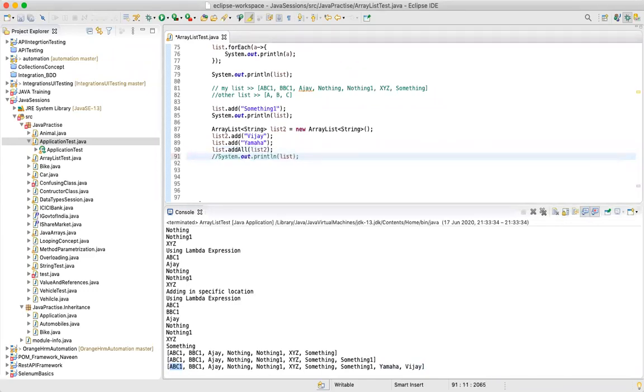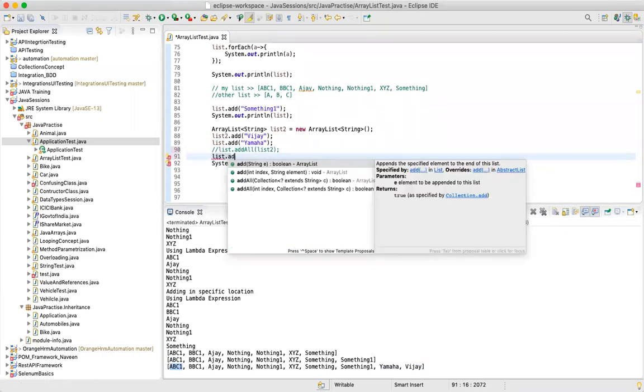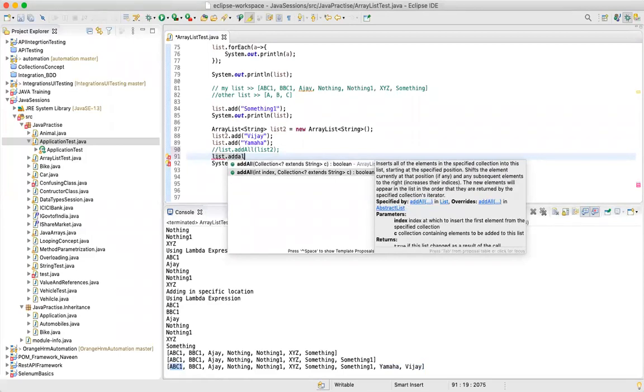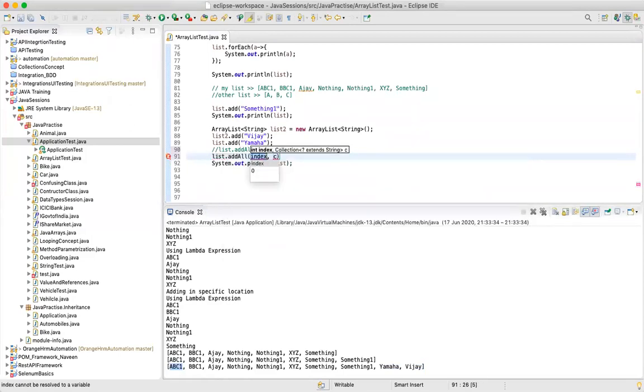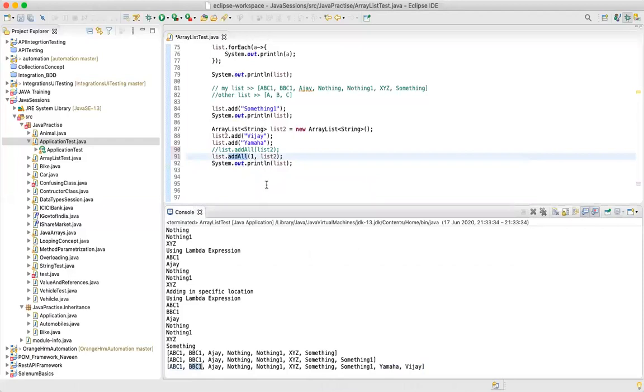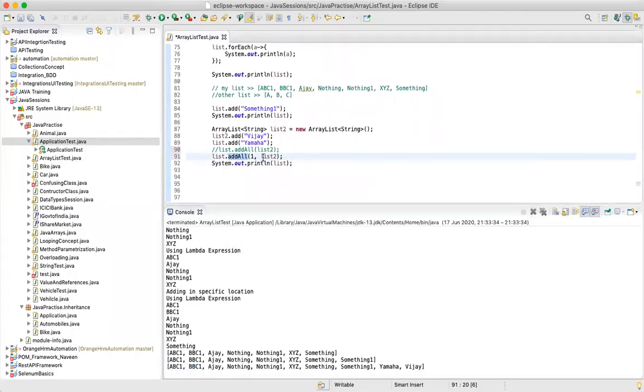So, sorry, not this. Let's not use this method. What I'll do is I'll say, again, list.addAll. Again, the second method. As I said, for updating in terms of insertion, we have to pass an index. So I'll say 1, and what is my list? It is list 2. Now what I'm trying to say, guys, is this is not updating the existing element of the first location. I'm saying addAll at the first location, so from the first location, you add all the elements which are present in list 2.